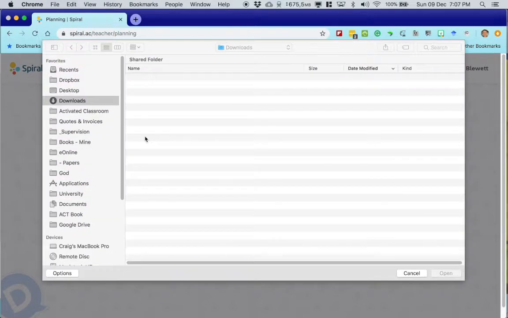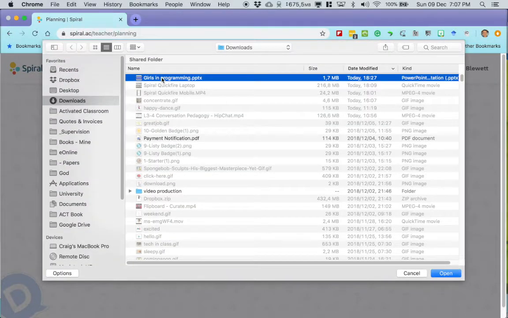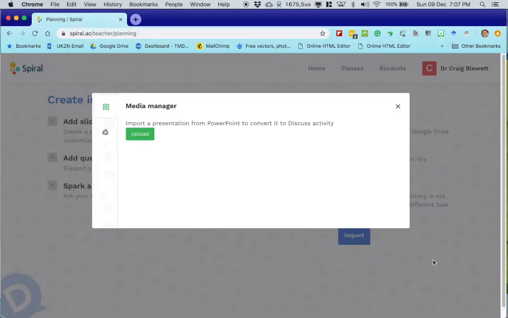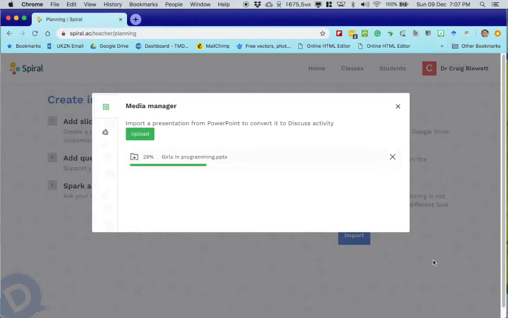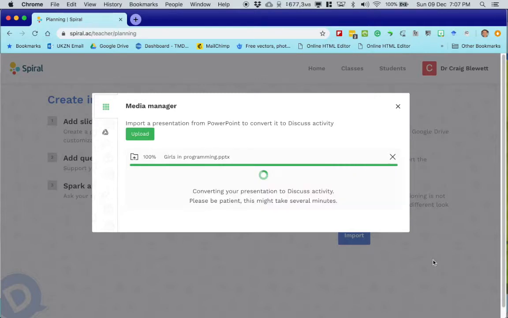You simply choose your slideshow that you've created in PowerPoint, and that is going to be uploaded into Spiral. What's exciting about this is now we can use Spiral to have a conversation around that content. Rather than those slides just being something that our students sit and boringly sit at, and even when we say any questions, invariably we get deathly silence, we can actually engage them in some conversation and get them to answer using their phones, using their devices.